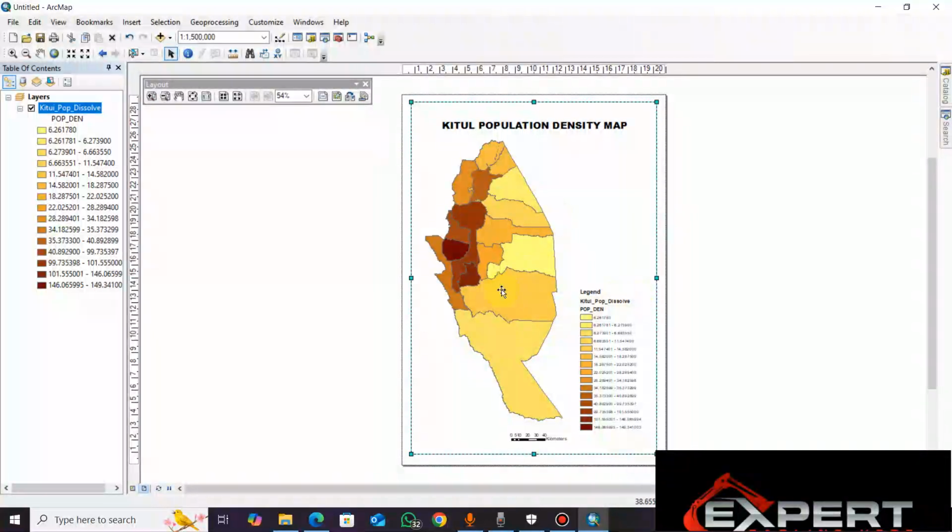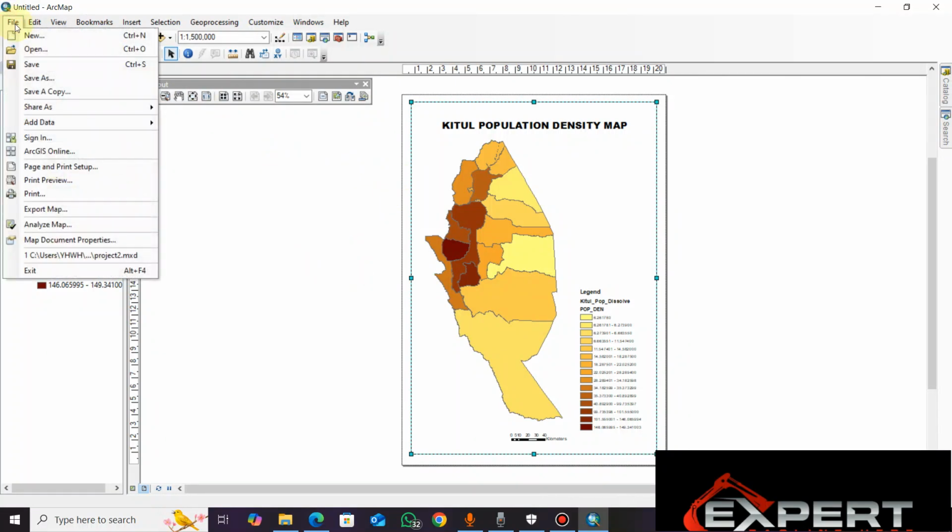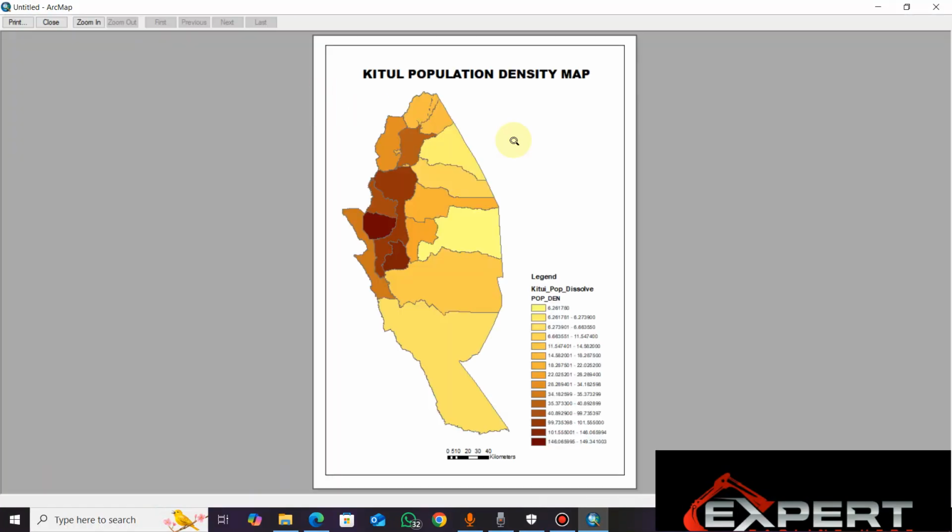And don't worry about everything appearing small because we're still working on the map. So I can go into print preview, so go to File and where it says print preview, and that's when you'll be able to see the full size. Okay, it's looking good so far. And then you don't close from here, you use this close. Okay,